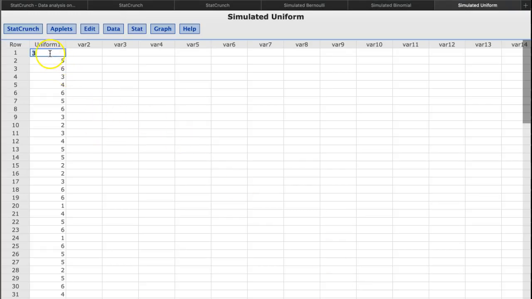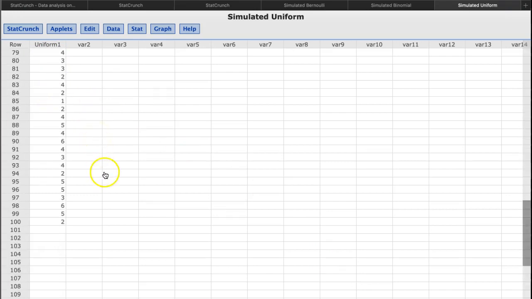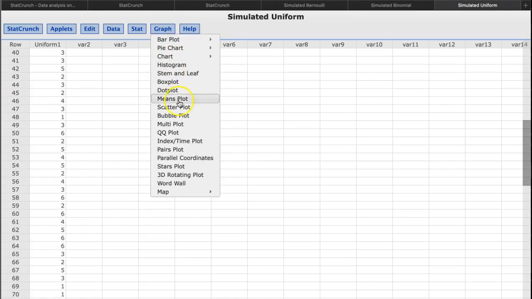Boom, there it is. So this is, I roll a die, get a 3. Roll a die, get a 5. Roll a die, get a 6. Roll a die, get a 3, 4. And you see here I have 100 of them. Right, 100 of them. All right, so if I were to graph this histogram, what do you think it would